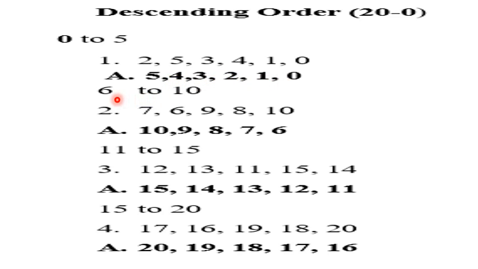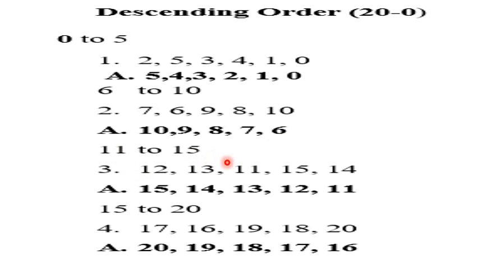Same, I have arranged from 6 to 10. 6 to 10 should be arranged like 10 to 6. Understood, children? 6 to 10 should come like 10 to 6. See here. 7, 6, 9, 8, 10. What will be the answer? The biggest number will come first. 10, 9, 8, 7, 6.